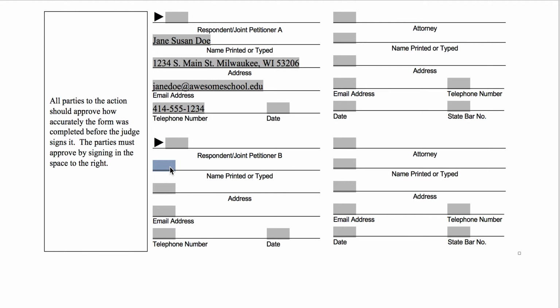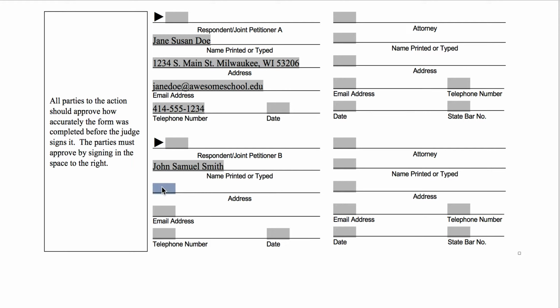And then same thing, we will put in the respondent or joint petitioner B's information down here. And keep an eye out, because I know the attorney lines can be confusing. Make sure you are in the line that's for respondent, joint petitioner B, and up here, this should actually be petitioner, so there's a flaw in the forms. I know, I'm shocked too. But this is our petitioner or joint petitioner A, so don't let that confuse you. If you are a petitioner, you'll be in this line. And I guess I'll put John's middle name since I have been.